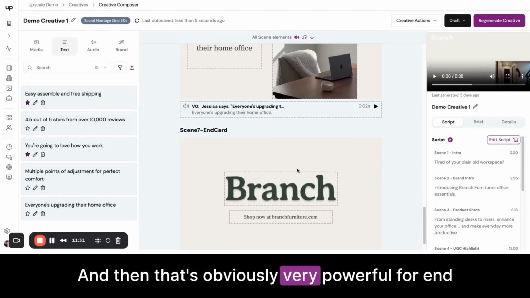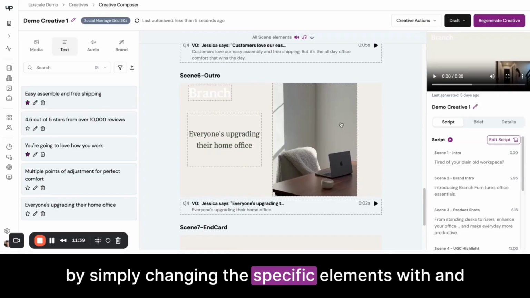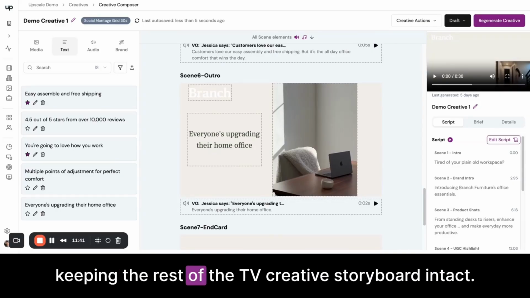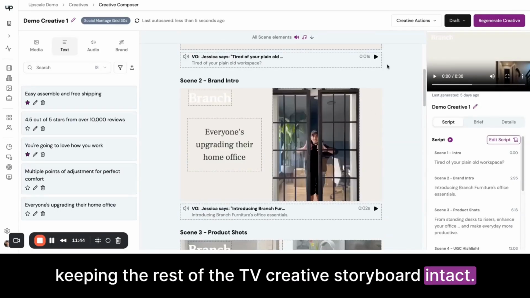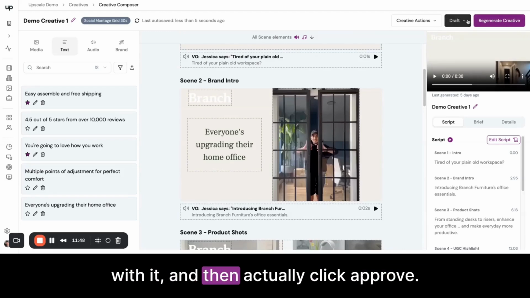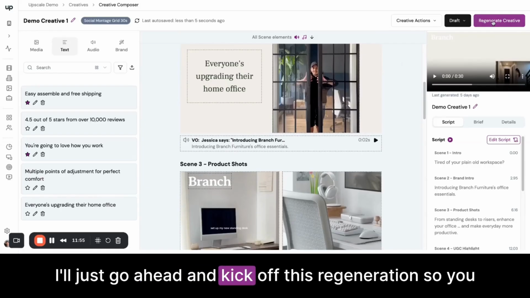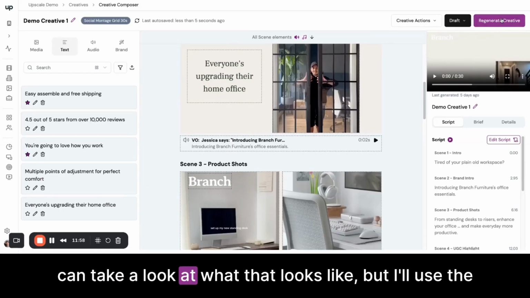And then that's obviously very powerful for end cards as well, where you can make a lot of iterations by simply changing the specific elements and keeping the rest of the TV creative storyboard intact. And then once you're done, you will regenerate the creative until you're happy with it and then actually click approve. That's the overall process. I'll just go ahead and kick off this regeneration so you can take a look at what that looks like,